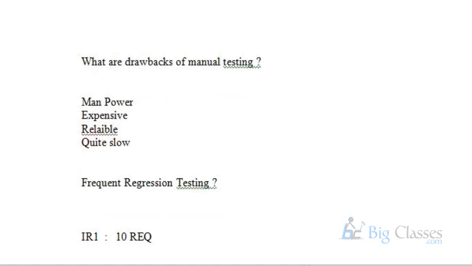I'm talking in a very practical manner, so please pay attention and try to understand. If you have any questions, let me know. In iteration 1, I have 10 requirements. Based on these 10 requirements, Shailaja designed 300 test cases, either positive or negative test cases. So I designed 300 test cases.